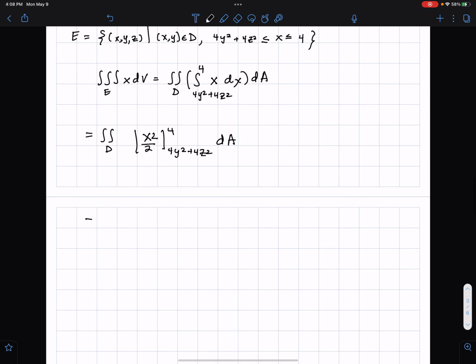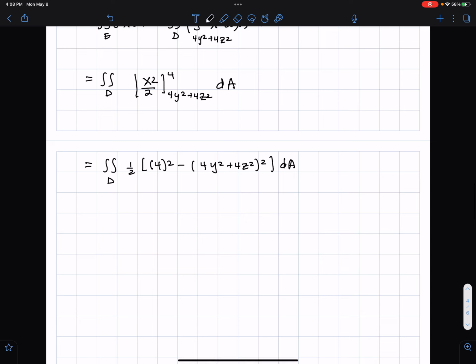And let me just go ahead and put that in there. So let's see, we have a half I can pull out. And I put in 4 for x. And I put this 4y squared plus 4z squared in for x also. Okay, so that simplifies to,